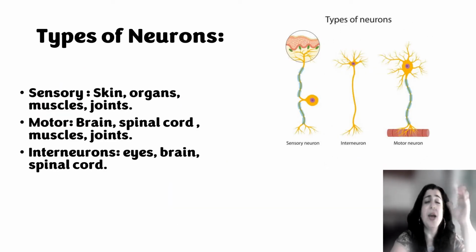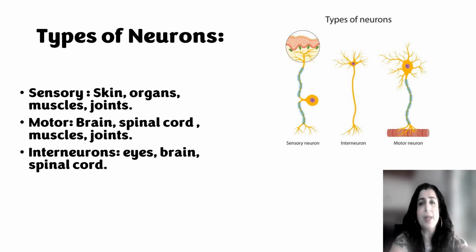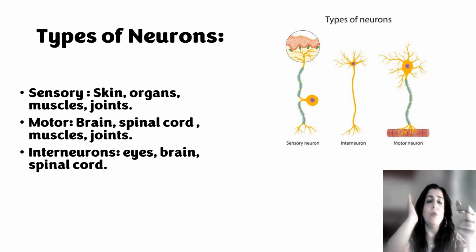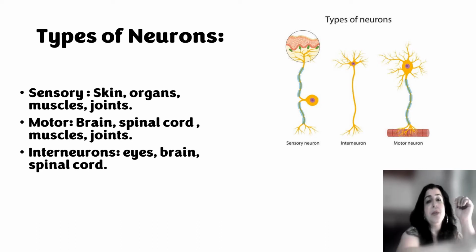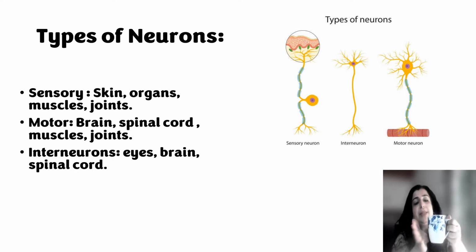How many types? We have so many types of neurons, but basically these are the simple types which you really need to know: sensory neurons, interneurons, and motor neurons. Motor neurons, as the word suggests, are involved in all the movements of my hands. But for example, if I pick up this hot cup of tea and touch it,